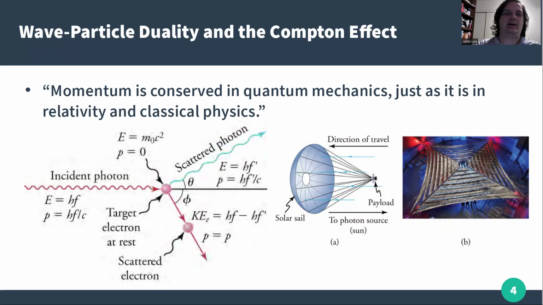And then this momentum conservation, this momentum property of light, can be used for something called a solar sail, where you get a really lightweight material, you put it out there, and you catch the photons that are coming from the sun and use that to move your sail by conservation of momentum. So these are